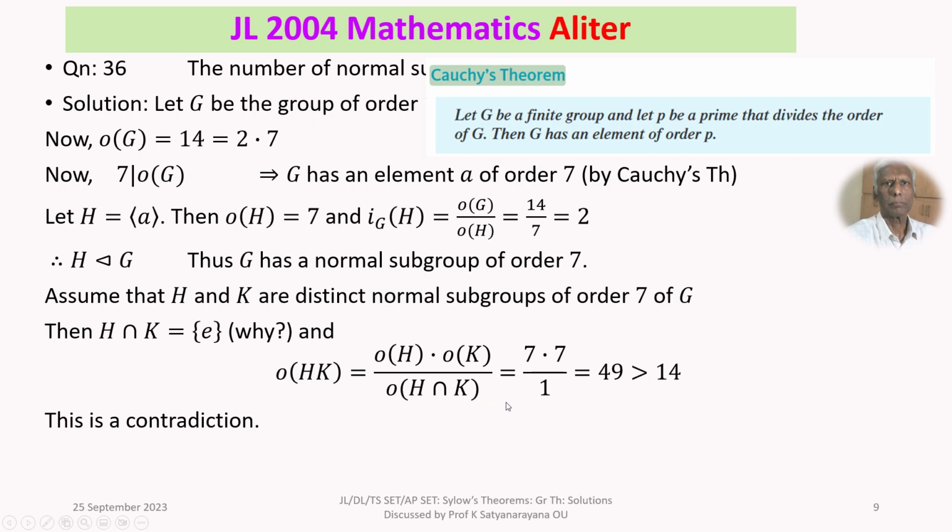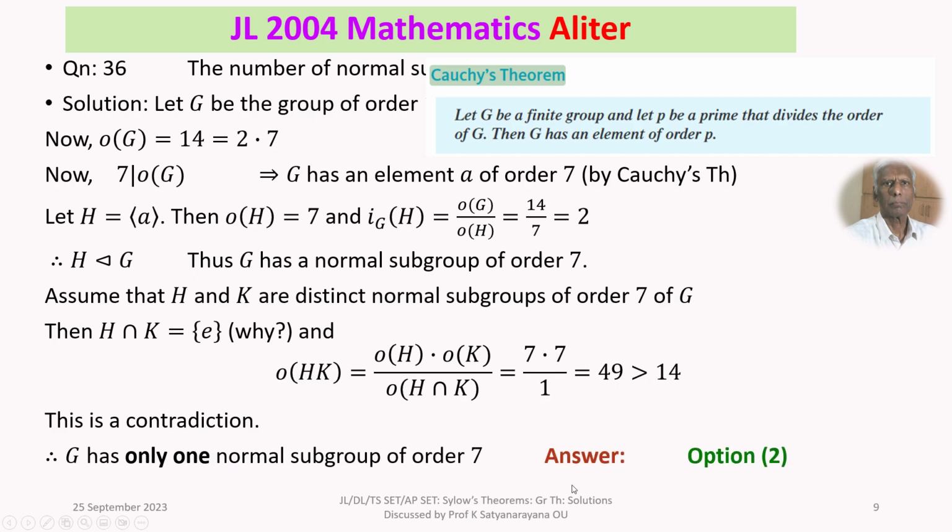So this contradiction shows that your assumption that there is more than one normal subgroup of order 7 is not true. Therefore, we have only one normal subgroup of order 7. So G has only one normal subgroup of order 7, and that is our answer, option 2. So that is the discussion about the alternate proof, alternate solution for that question that has appeared in